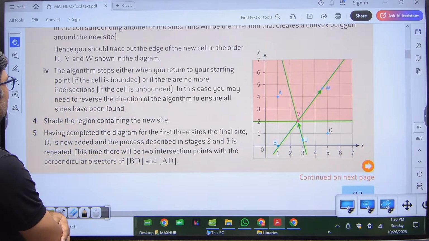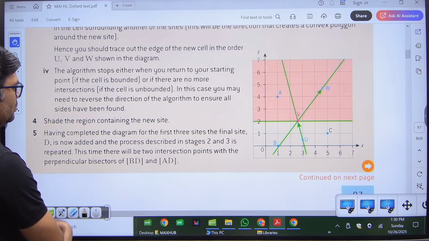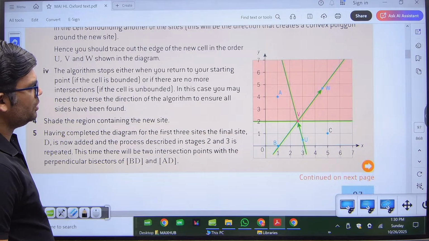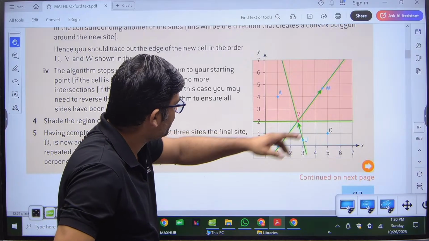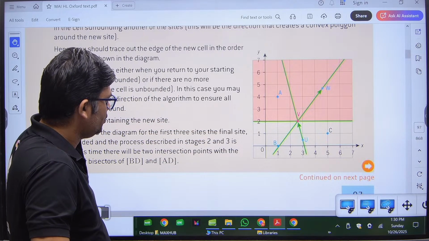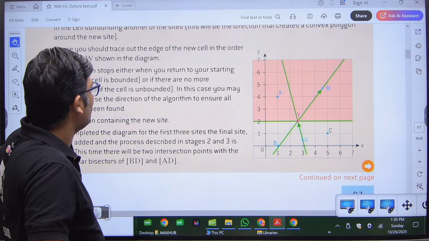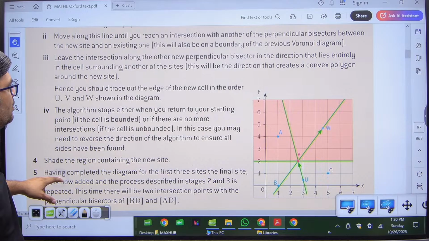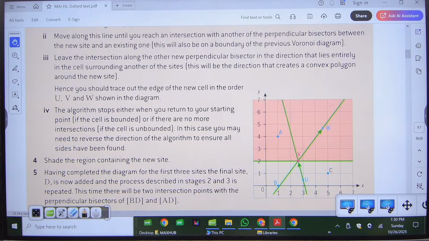I think they plotted the midpoints using VW. No, W is not the midpoint of AC. The midpoint has to be somewhat here, I think. U can be the midpoint of BC. What point is W? Okay, just wait. I think